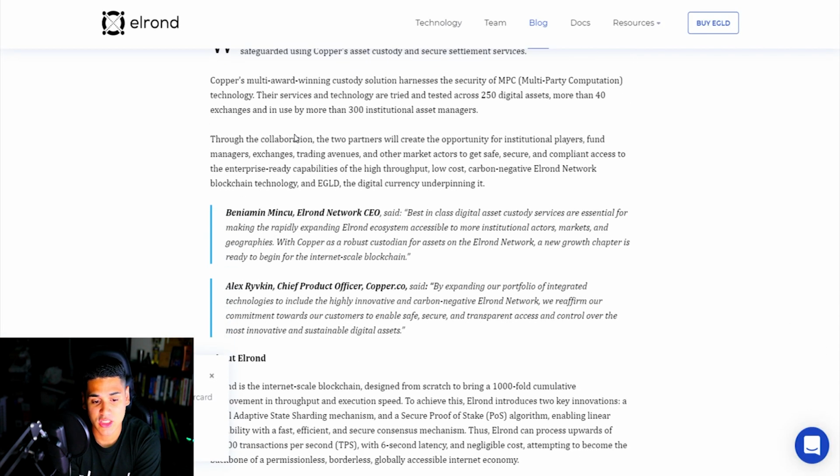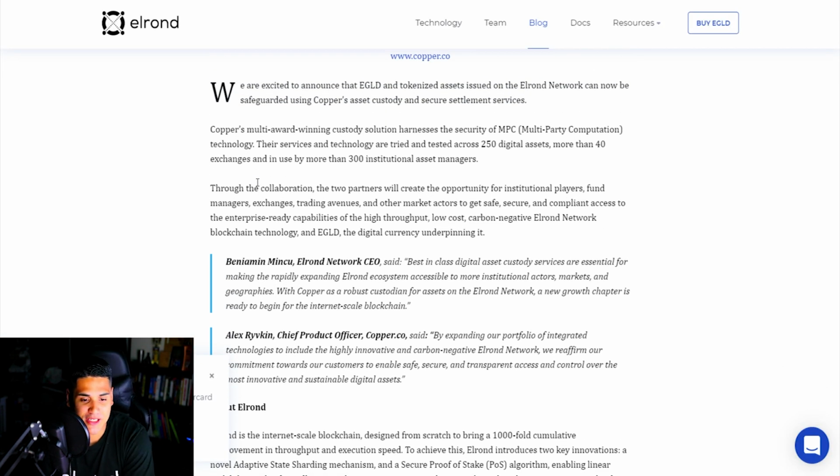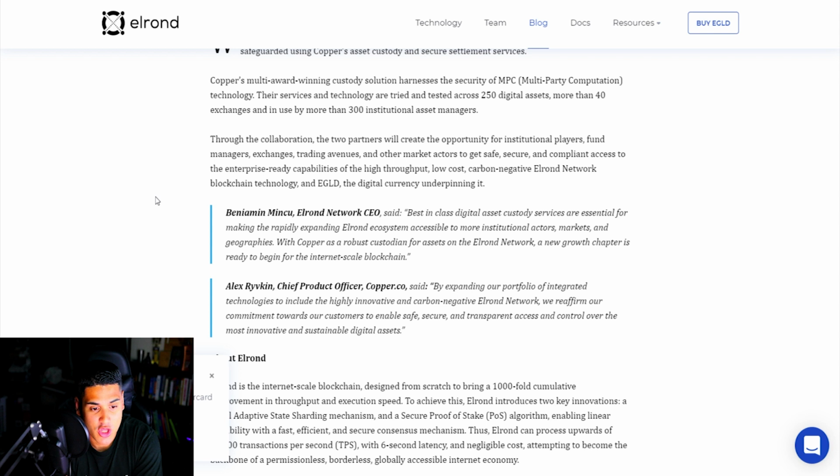So continuing here, Copper's multi-award winning custody solution harnesses the security of MPC, which stands for multi-party computation technology. Their services and technology are tried and tested across 250 digital assets, more than 40 exchanges, and in use by more than 300 institutional asset managers. Through the collaboration, the two partners will create the opportunity for institutional players, fund managers, exchanges, trading avenues, and other market actors to get safe, secure, and compliant access to the enterprise-ready capabilities of the high-throughput, low-cost, carbon-negative Elrond network